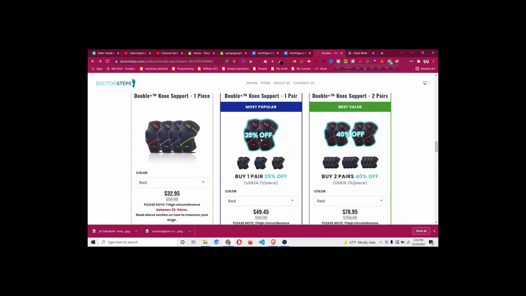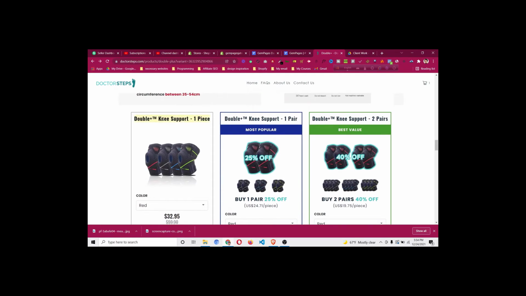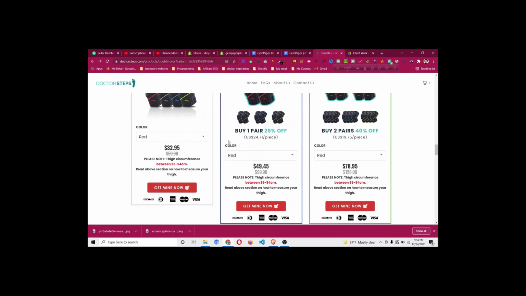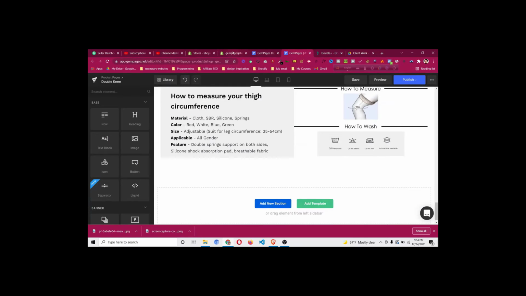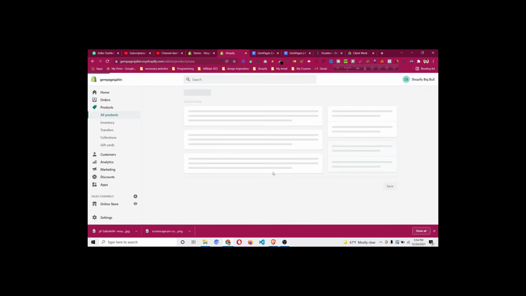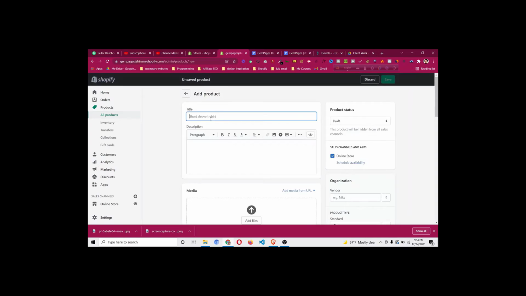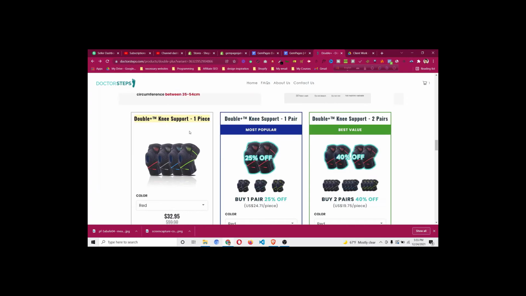So the thing about adding the products is there will be a product name, right? There will be a pricing. Okay, so let's go to the backend and click on add product. First of all, this is the product title for this one. So this will be three separate products,